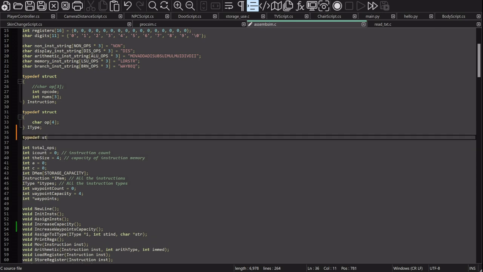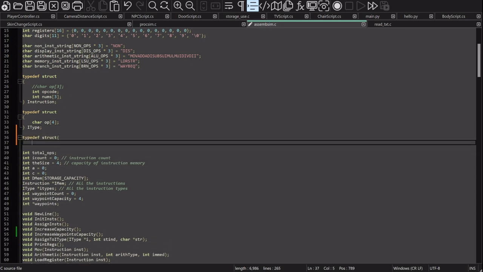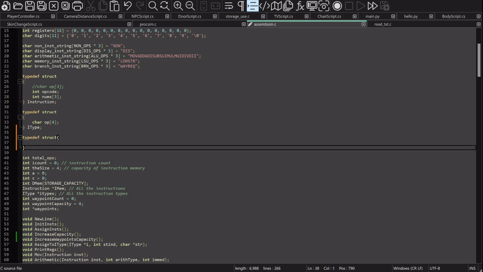Typedef struct, and we're going to call it branch, and since we already have a method called branch, we're going to call it branch element, or abbreviated to branch elem,